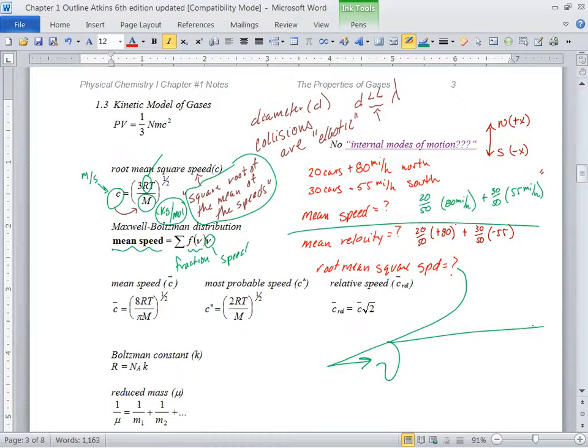So what's the only thing that's going to change in this? I just better square what? The speeds. That's all you've got to do, square the speeds and take the square root of it. So Eric was close. You just have to find the mean of the square of the speeds and take the square root. So the root mean square speed is the square root of the mean of the square of the speeds. So square the speeds, take the square root.